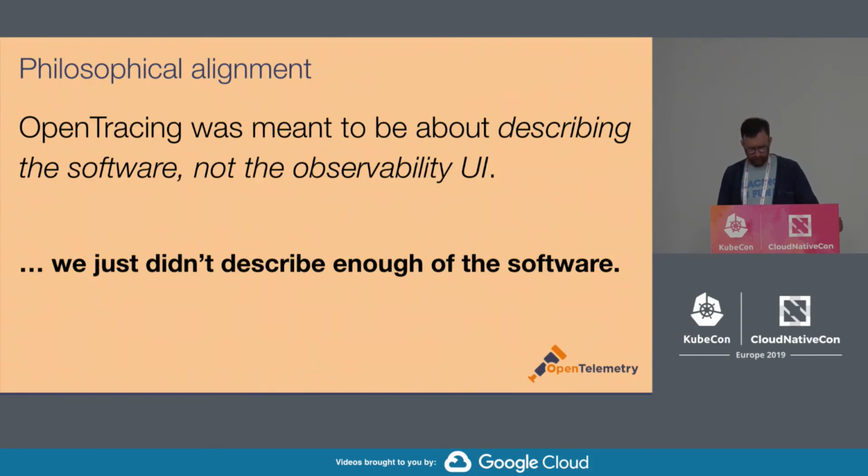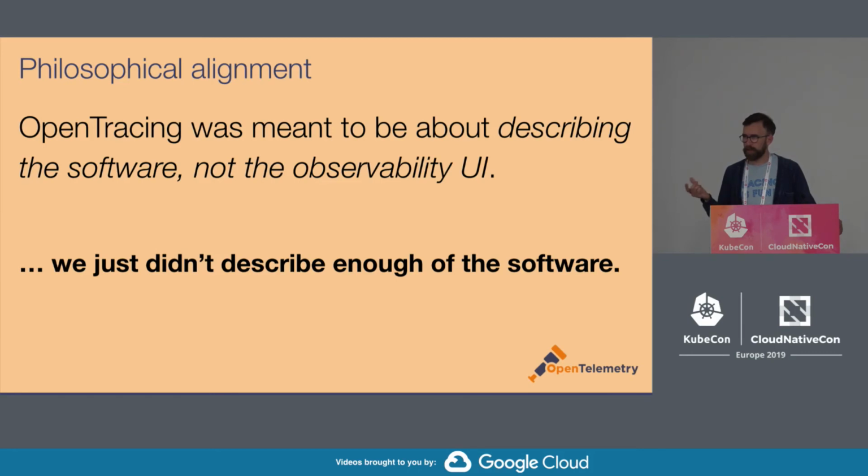I just wanted to say, in terms of the philosophical alignment, I did a lot of talks about OpenTracing, and my biggest regret about it, I was kind of right, but then I didn't take my own advice, was that the instrumentation should describe the software, not where it's going. And the trouble is that we didn't do that with OpenTracing. If you have a request, all you should be saying is, I just had a request, it took this long. It shouldn't be a tracing API, it should just say that happened. And then if you want to use that for metrics or logs, you should be able to do that too.